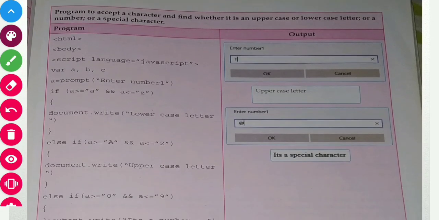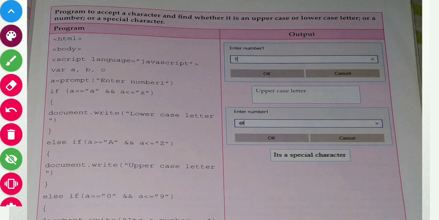Here we have a program to accept a character and find whether it is an uppercase letter, a lowercase letter, a number, or a special character. So more than one condition is there, which means multiple conditions. We are going to check whether it is a capital letter, a small letter, a number, or a special character.